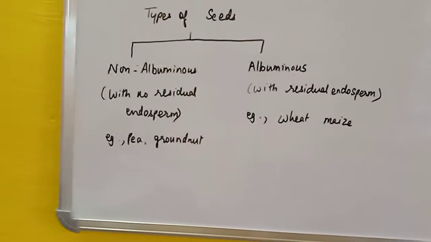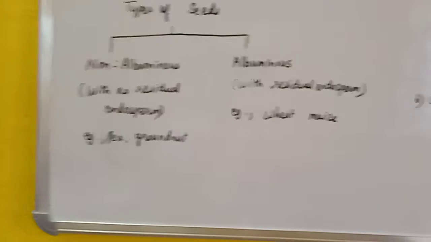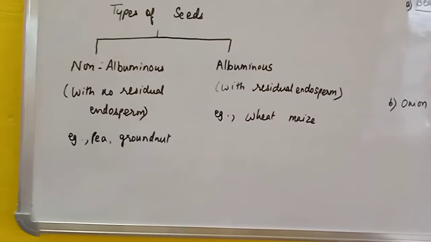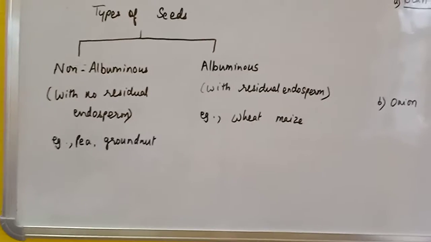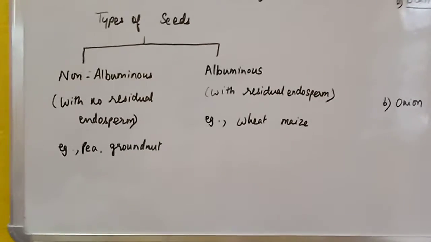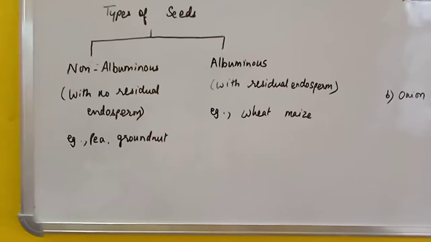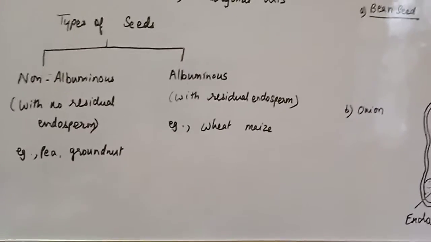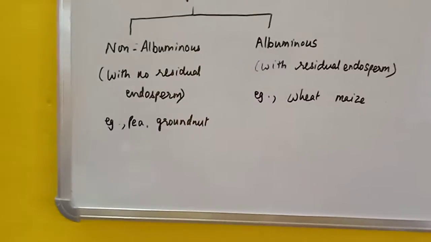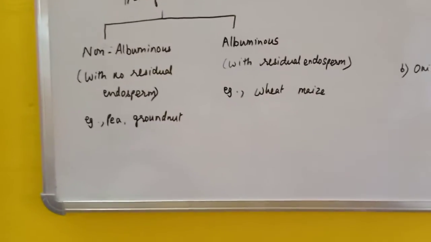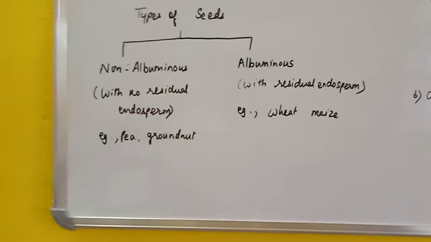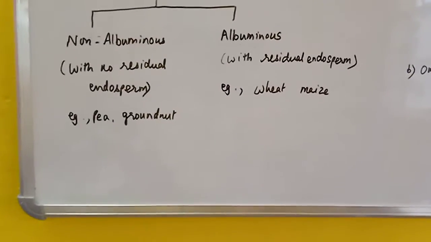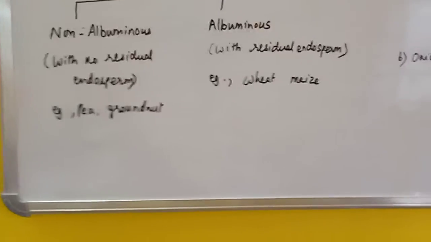Now sometimes in the seed nucellus may persist. You have seen the structure of an embryo sac and you have studied the structure of ovule, the megasporangium, and you have seen the nucellus part. So sometimes that nucellus may persist and this is called perisperm. Example is black pepper. Now with maturity, water content of seed decreases and finally enters a state of inactivity, which is called dormancy.